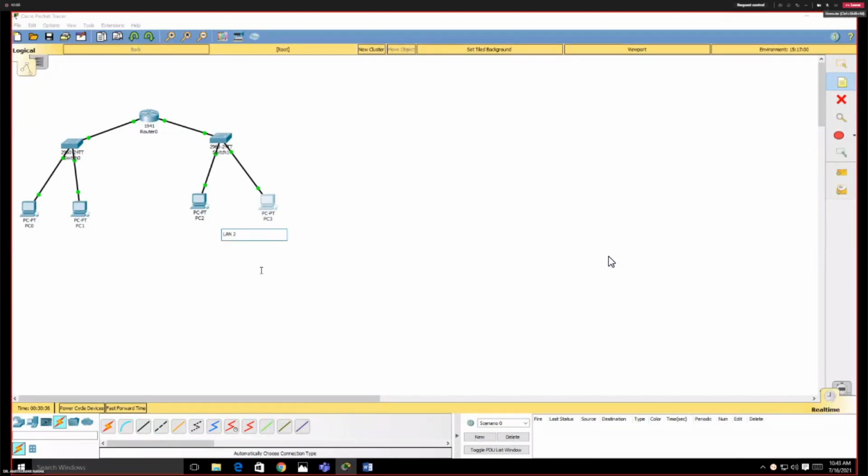This is LAN 2 and this one is LAN 1. So if you want to send data from LAN 2 to LAN 1, from PC 2 which is there in LAN 2, from this PC to this network, then see the concept which